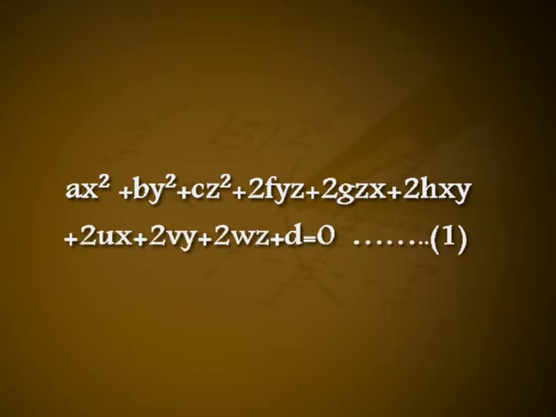Definition: the locus of a general equation of second degree ax square plus by square plus cz square plus 2fyz plus 2gzx plus 2hxy plus 2ux plus 2vy plus 2wz plus d is equal to 0, equation number 1, is called a quadric surface or a conicoid. The general equation of the second degree contains 10 constants, but only 9 are effective. Thus, a conicoid can be determined to satisfy 9 conditions, each of which gives rise to one relation between the